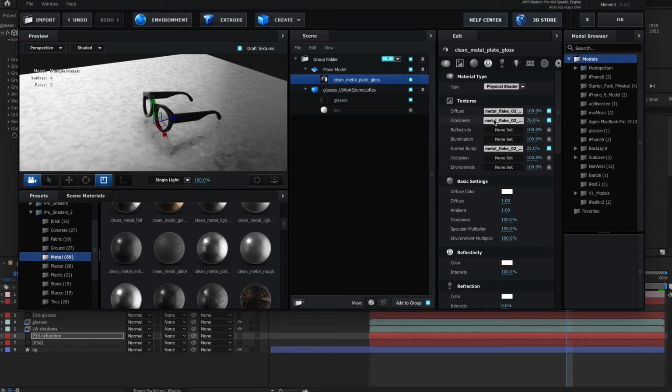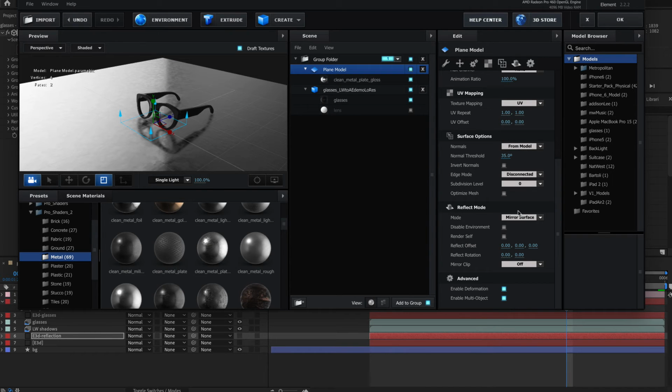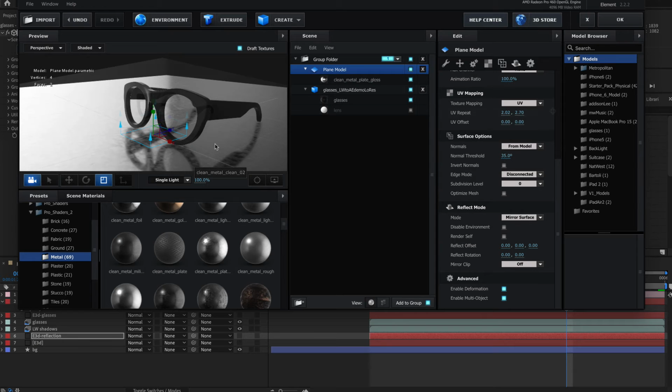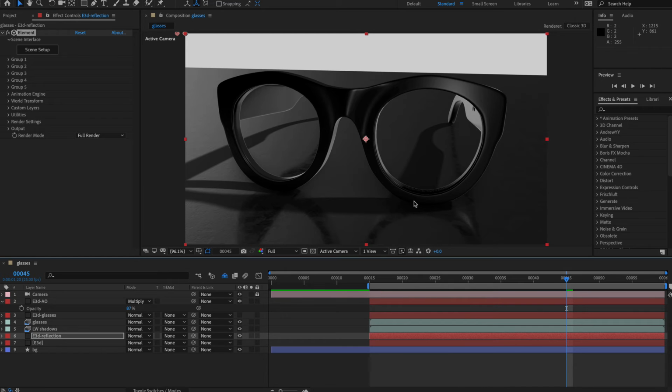Let's go to the metal texture, the glossiness. Let's knock the glossiness down a little bit so we can see that there. Nice thing about this as well is we can adjust the UV spacing, so let's take it down a little bit. Let's just OK this to see what we have, remembering to turn the layer on. Okay, so we've got nice reflections, but we can see the ground plane, and we'll also see a little bit